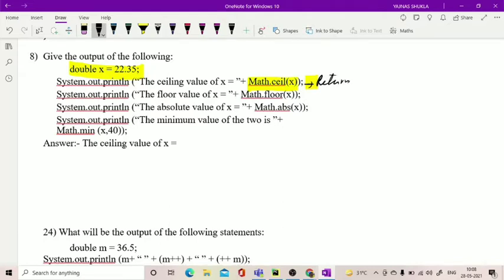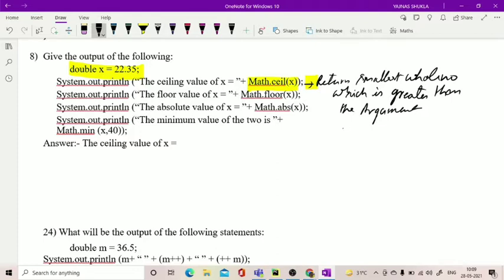Returns the smallest whole number which is greater than the argument.